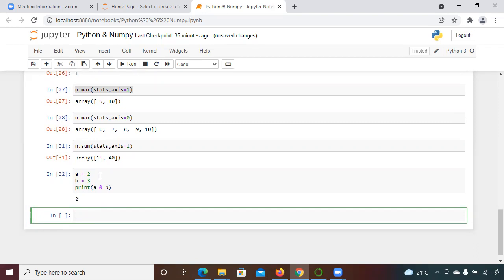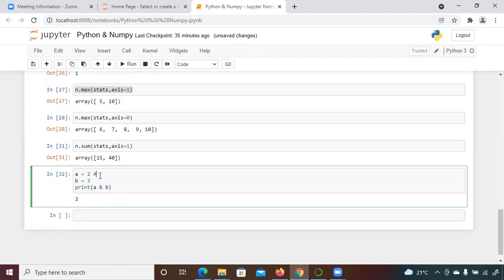Bitwise operation means when you convert 2 into binary, it is represented like this, and 3 when you convert into binary, it is represented like this. So when you do the bitwise AND, it means when both are 1, then only you will get 1. Let me explain how it is. Bitwise AND says that